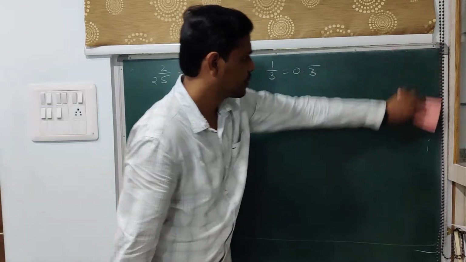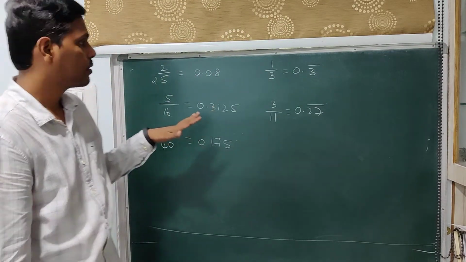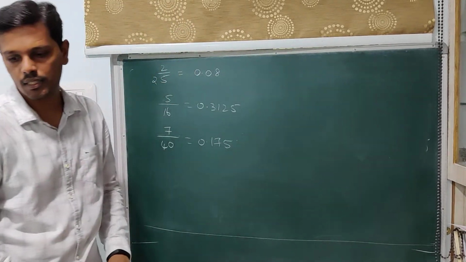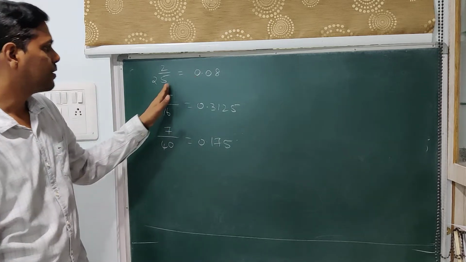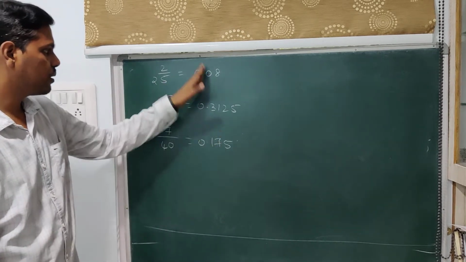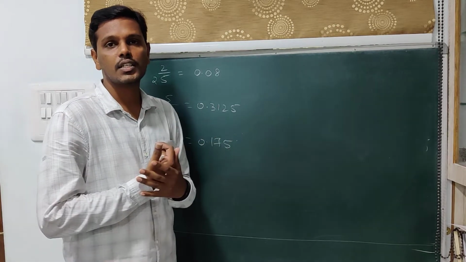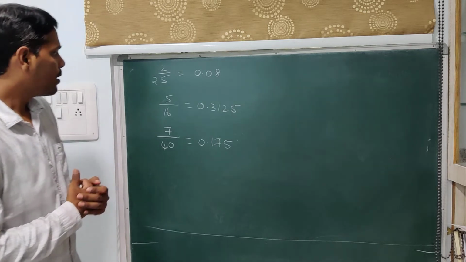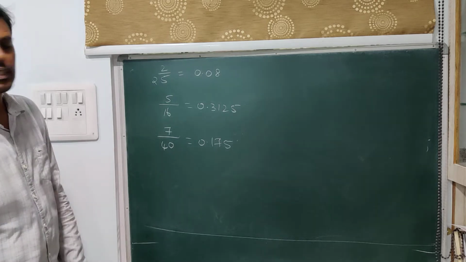Now let us examine these cases. Instead of going through all of them, first we go with the case of terminating decimals. That is, we are given a rational number, and we can see that these rational numbers are taking the shape of a terminating decimal expansion. Now we see when a given rational number takes a terminating decimal expansion. Now I'll try to take the prime factorization of the denominators.